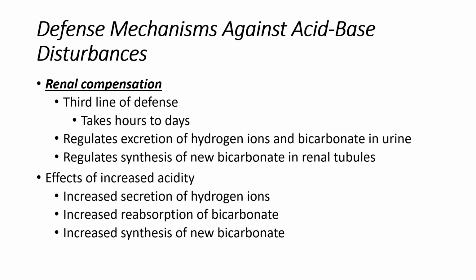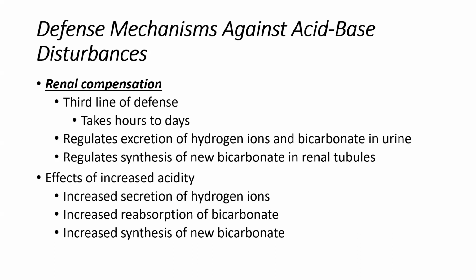In an acidotic state, the kidneys are going to increase their rate of hydrogen ion secretion, which is losing that into the tubular fluid, which is losing that into the urine, which is losing that acid out of the body. They will also increase the rate of bicarbonate reabsorption, which is holding on to more bicarb,